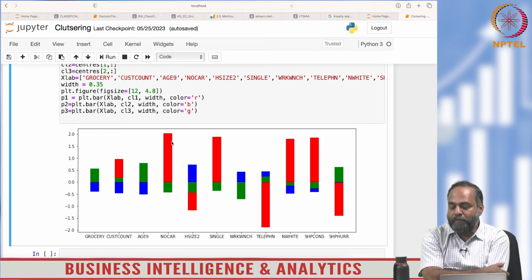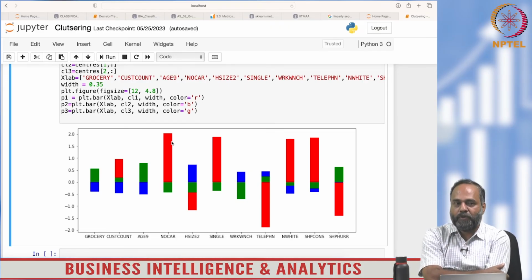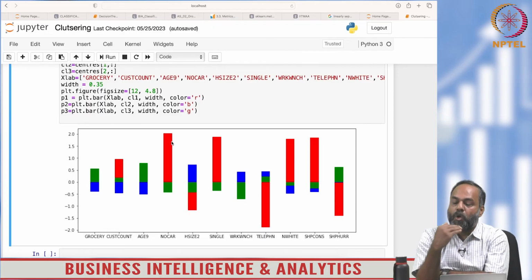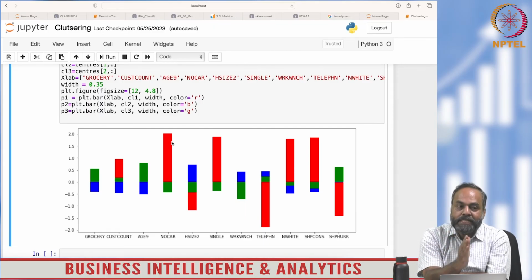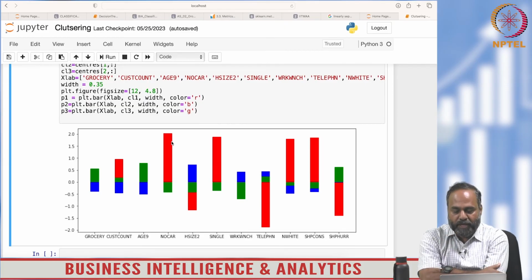characteristics, keep in mind that what is profiled is the average value or the mean value, or some central tendency, depending on the variable type, of that variable in each cluster. Then you can compare the clusters in terms of the mean values of those attributes, and that is what we are doing. For example,